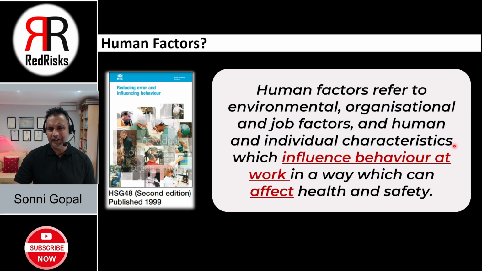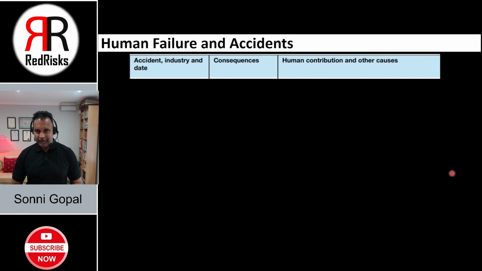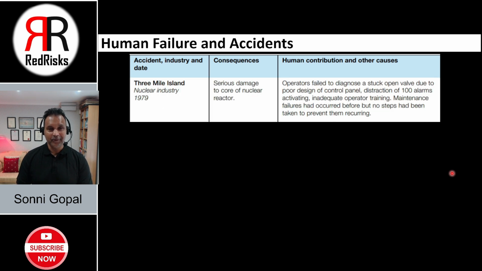Quite a long sentence there, but fundamentally, it's all about how we behave, how we do things, and also including other factors like your environment, your job. When you look at human factors, of course, human failure, which we'll talk about in more detail as the slides progress, we need to look at accidents, and doom and gloom time. There are a number of various accidents here that we can talk about. I know the writing is fairly small on here, so I'll take a little bit of time to go through these very briefly.